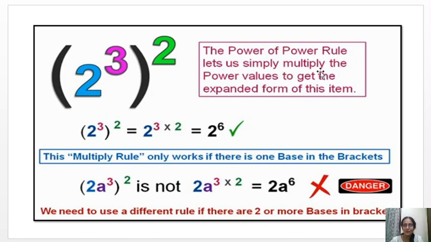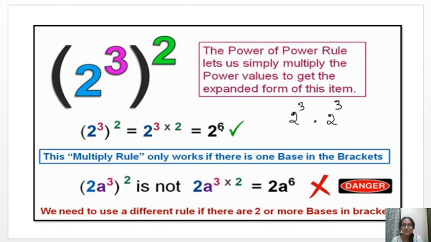Let us explore one more example now. What is the meaning of 2 to the power 3 whole power 3? What is the meaning of exponent? That means here 2 to the power 3 has to be multiplied 3 times, 2 to the power 3 into 2 to the power 3 into 2 to the power 3. Here the base itself is 2 power 3, that's all. Now, how do we apply? We will apply the first law of exponents. The bases are the same. 2 to the power 3 plus 3 plus 3, it is 9. How do we get it? When we multiply 3 into 3 also we will get 9.